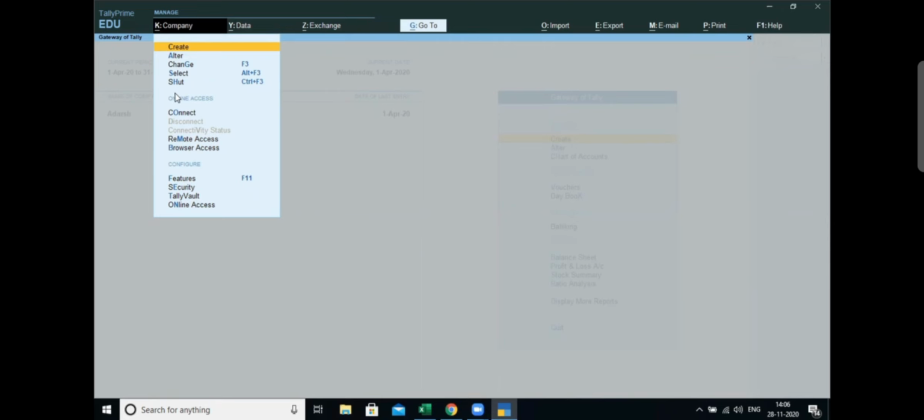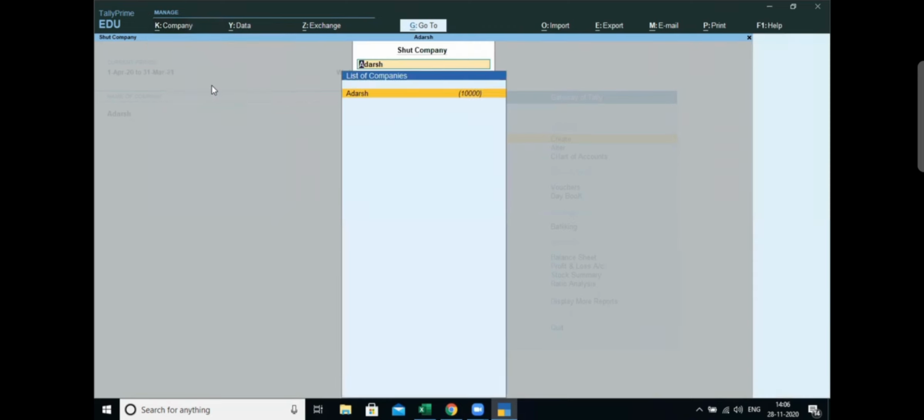For now, there are three ways that I can shut my company. You can see here H as an alphabet that I can use as the shortcut key, or I can press Control and F3 together, or I can just press enter on this option so that it shuts automatically.